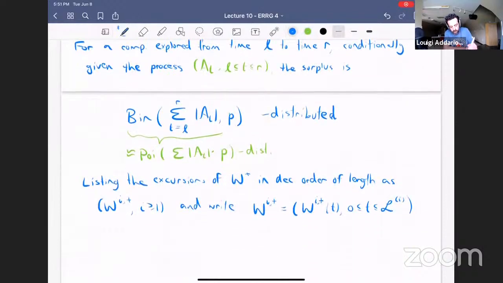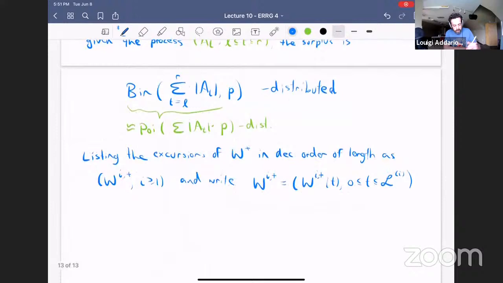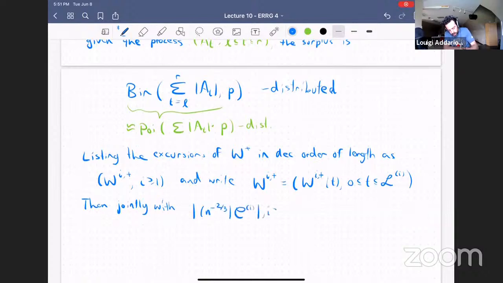So if we list the excursions in decreasing order of length, then jointly with the convergence of the component sizes, so jointly with the convergence n to the minus 2/3 size of Ci, converging in distribution to the lengths Li,